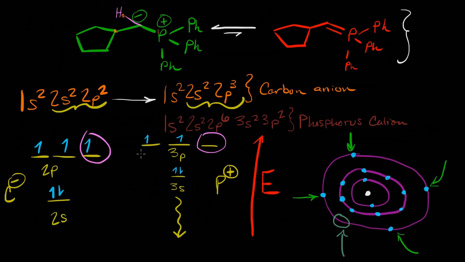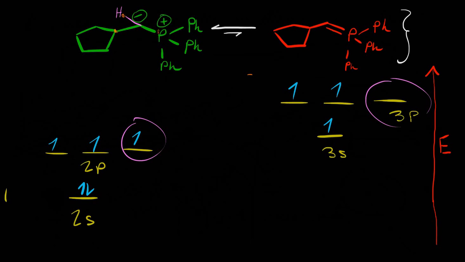And so if I drew this better, it'd be easier to see that the energy jump to do this is actually quite high. So let me do that right now. On this sheet, I've depicted in a better way that our 2p is actually supposed to be lower in energy than our 3s, and especially lower in energy than our 3p. And so now you can imagine, if you wanted to make this double bond that is suggested up in red right here, then the things that you'd have to do is